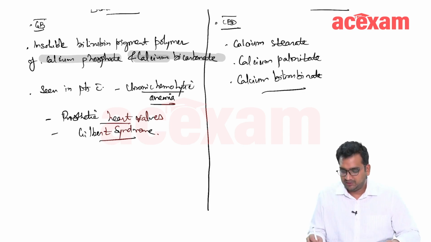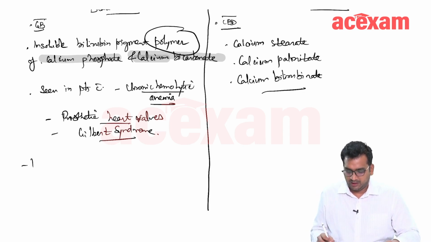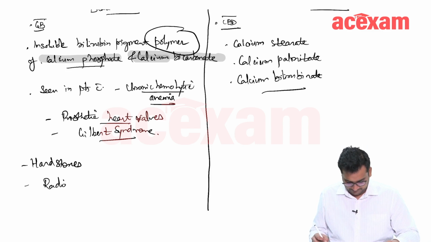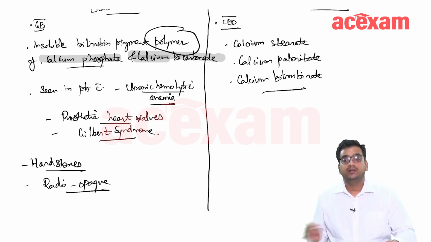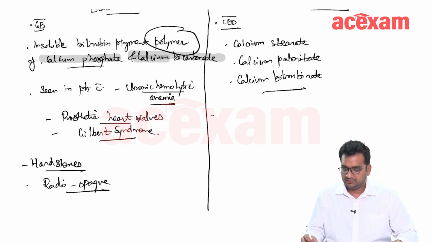As it is a polymer, these are hard stones, and as they have calcium phosphate and all, they are radio opaque. Whereas these brown stones are soft, earthy stones,